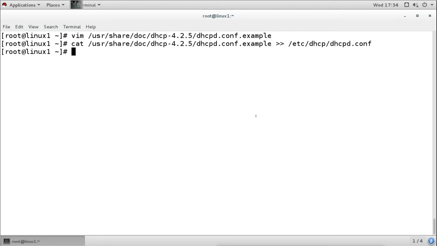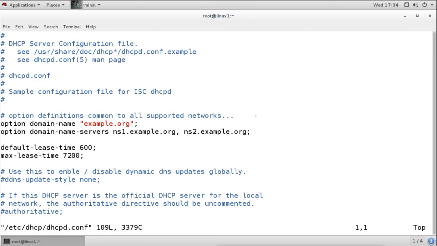Now we will configure it according to our requirement. I will keep what I want and remove what I don't want, because it has lots of things, and we don't need all of them.